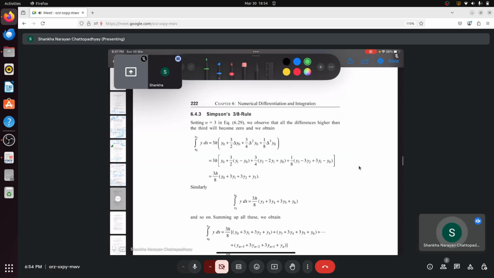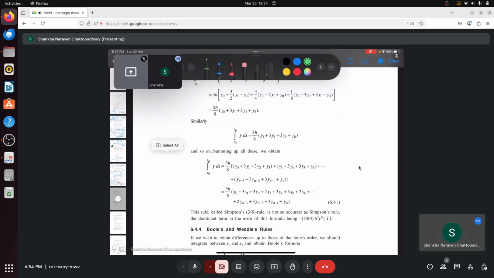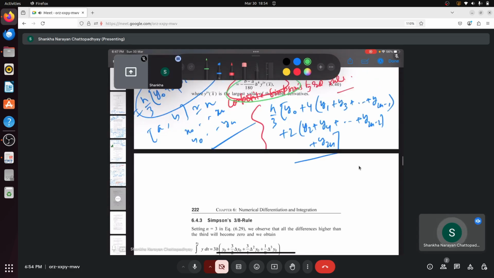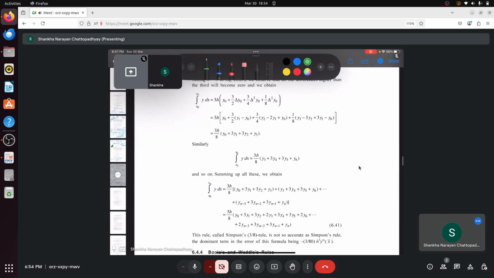Similarly, you can also construct Simpson's 3/8 rule. Simpson's 1/3 rule is a good method. I will not discuss Simpson's 3/8 rule. I have already uploaded the book, you just follow it, you can easily understand and digest this. So next,